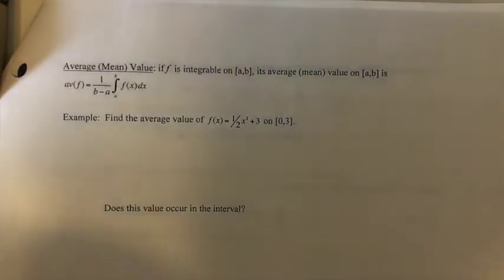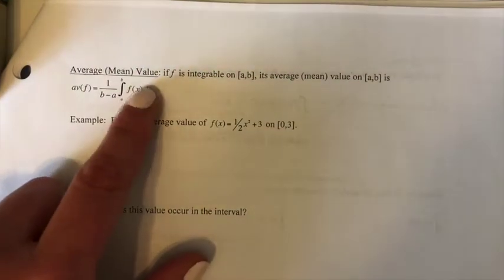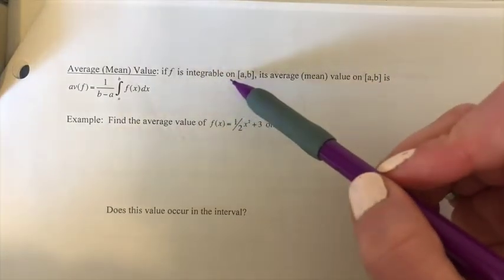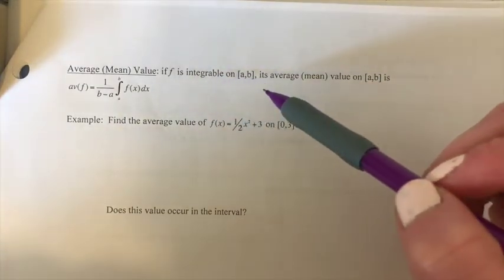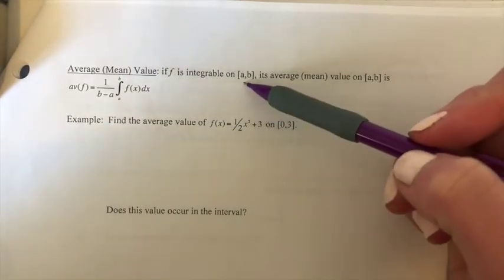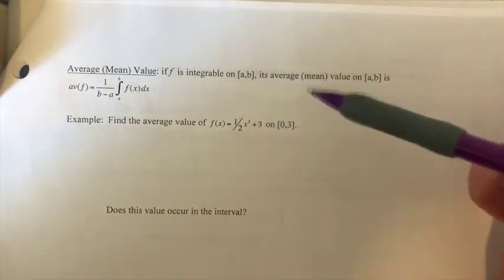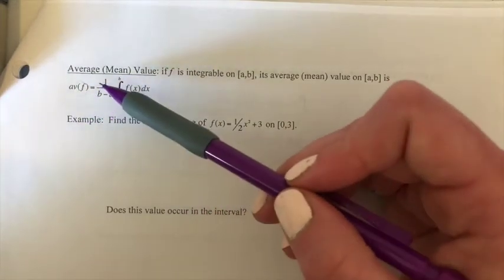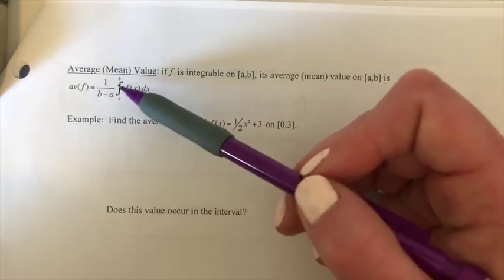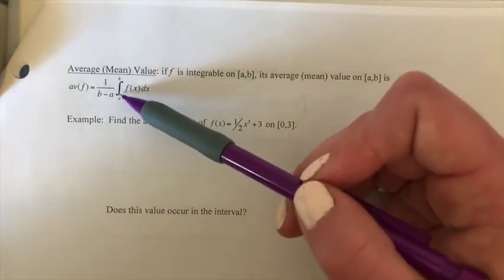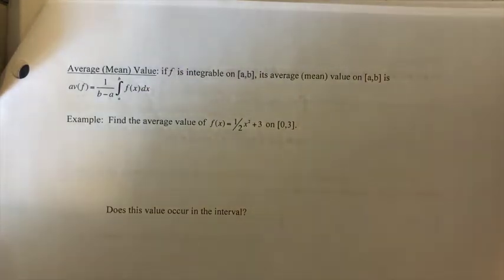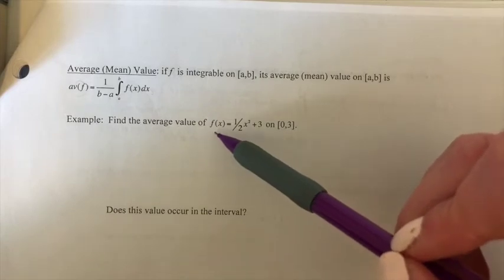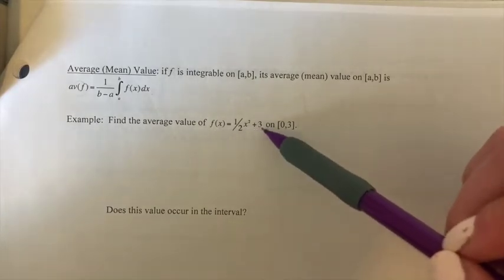Another theorem we need to know is the average value or mean value theorem. So if f is integrable, no, it's integrable. That's what it is. I can't say that word. On a and b, so from a to b, its average or mean value on a to b is 1 divided by b minus a times the integral of a to b of that function. So if we find the average value of this function, 1/2 x squared plus 3, on this